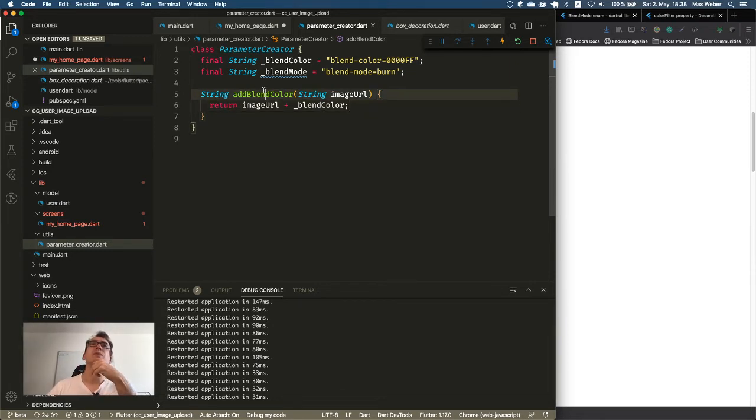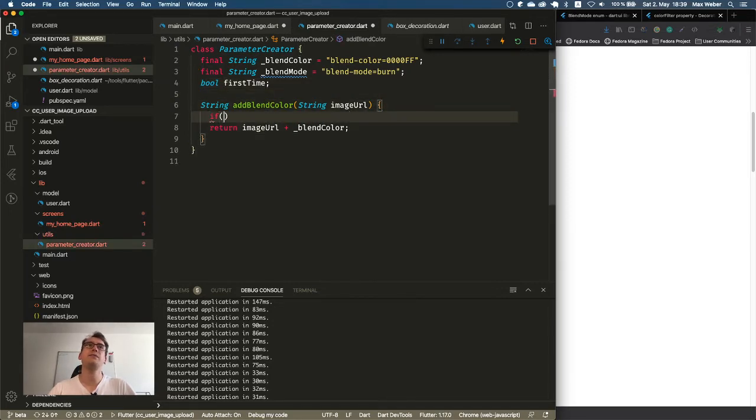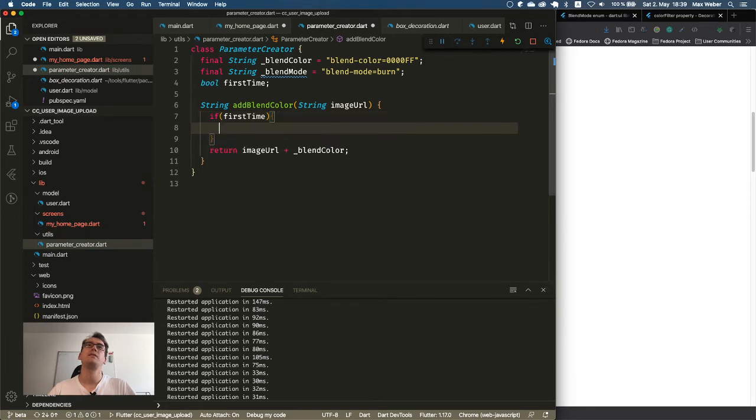So all right, what we do is we add the blend color with that. But what I don't like is we have to understand if this is the first time that we create something like that. So we can have a Boolean, first time, for example. And if it is first time, then we want to have image URL plus the question mark, right?